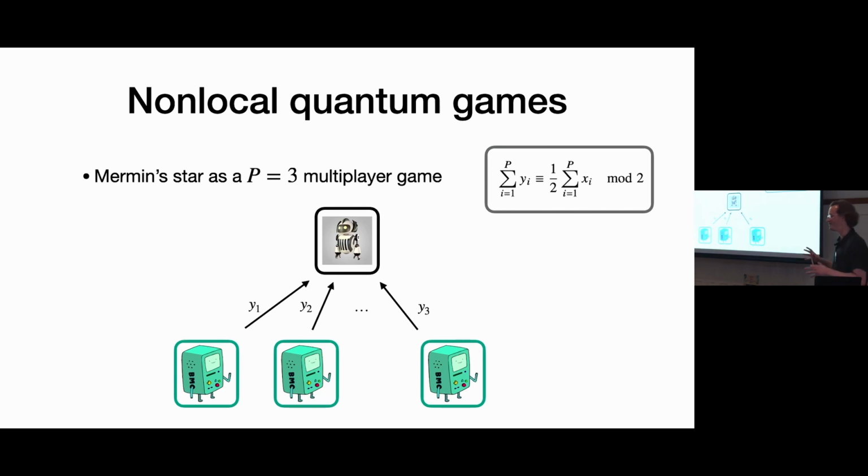And then the players get to do some decision making based on what they saw in the input bit they got, and they decide what bit they want to send back, but they don't get to communicate with each other. They just get to send a bit back to the referee, and they want to satisfy this. So they basically want the sum of their bits to be like half the bits the referee sent to them. Cool.